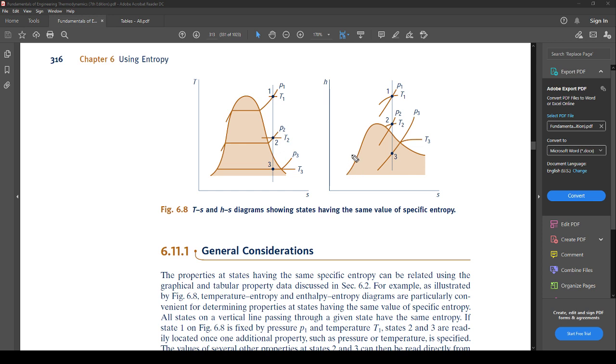So right here, this is a TS and HS diagram showing what it looks like when you have constant specific entropies. This is a very common setup for Rankine cycles in this class. A lot of times, this is not a basic Rankine cycle. This looks like an open feed or closed feed water heater. What an open feed and closed feed water heater system looks like on your drawing is,